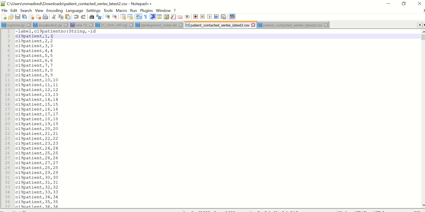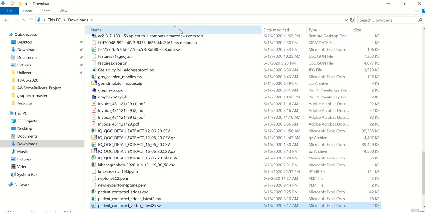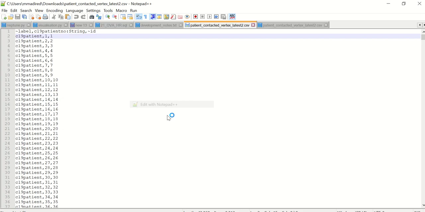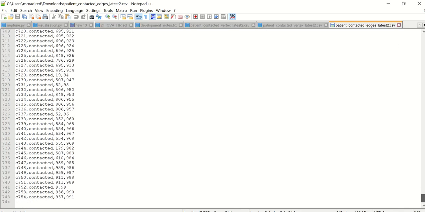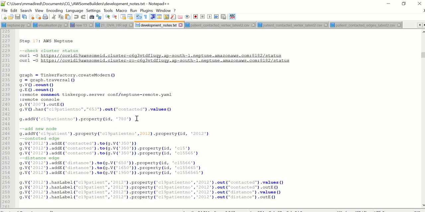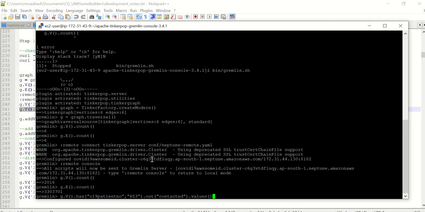And next, we also have contacted edges. So these were all inserted in the beginning. Now these are the number of contacted edges, so we can query them and check. For example, COVID patient 653, if we take.